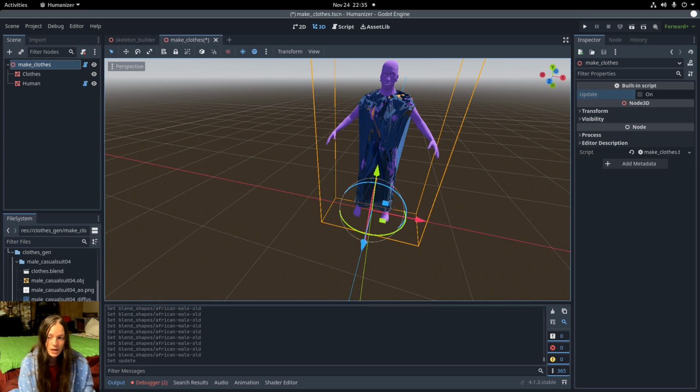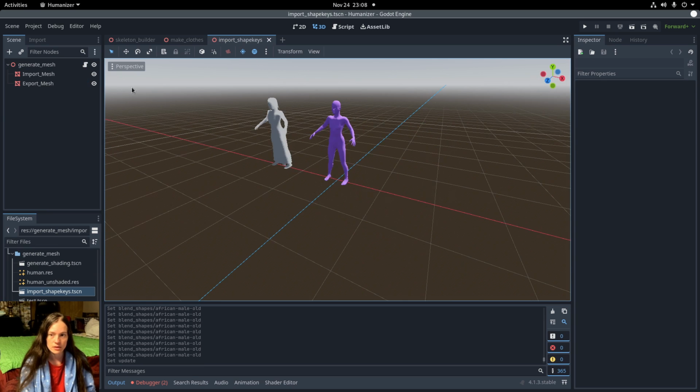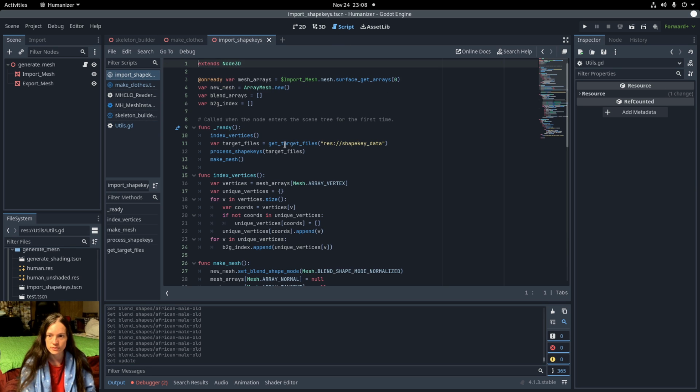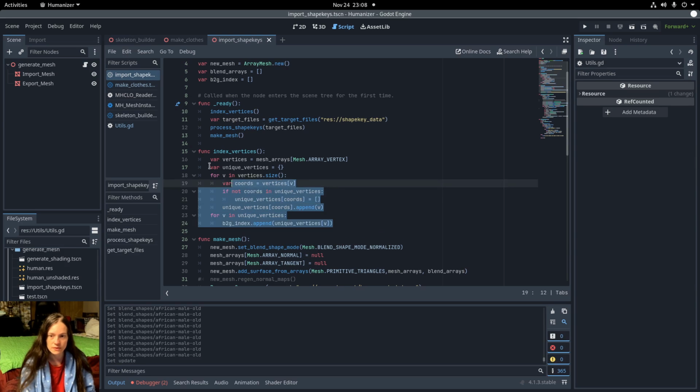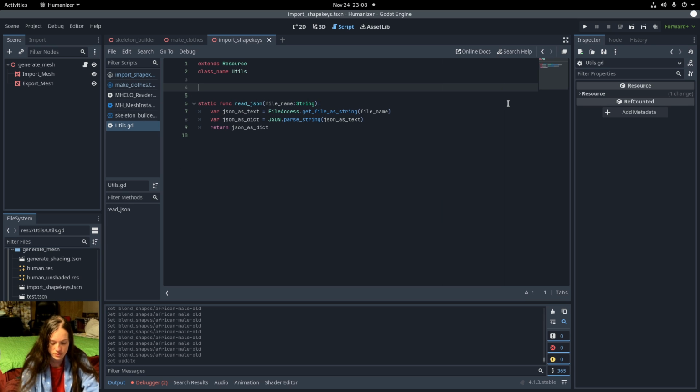and so I'll go ahead and make a clothes helper resource for that. So first I'll make a function to create the unique index in the utils function class. So in the import shape keys, I have the index vertices function. So I'll copy that and add it to the utils, make it a static function,